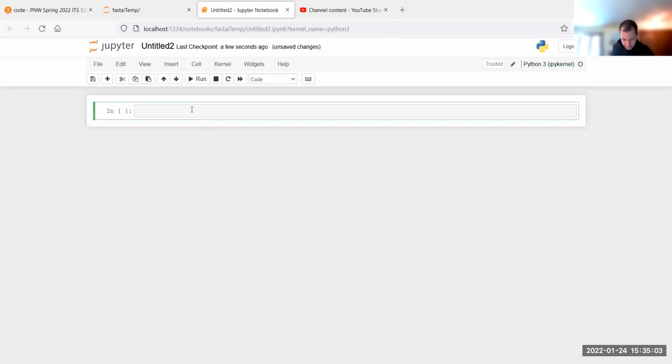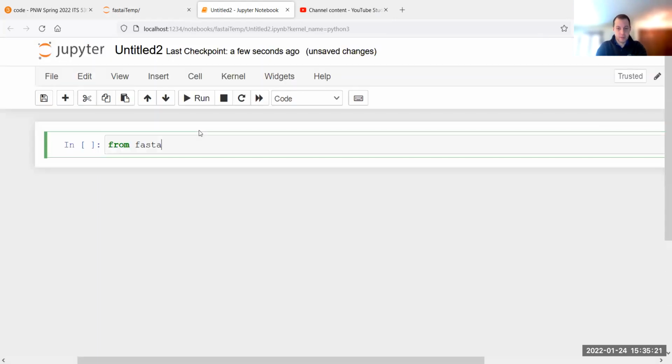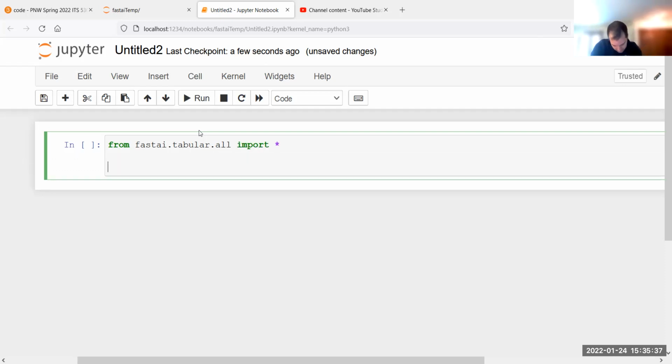All right. And again, the same pipeline as before. So this is from fastai.tabular.all import all. Okay. And then I'm going to do the path again. This is our data.